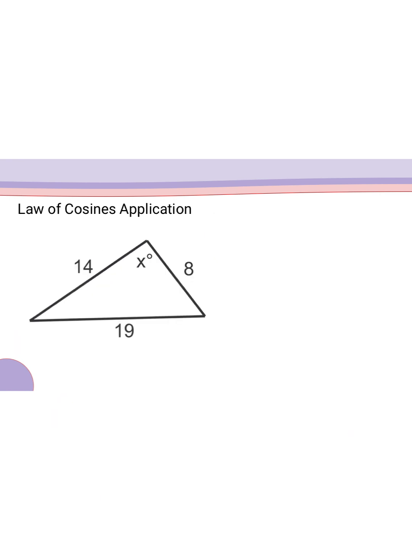So that's really it for the law of cosines. What's more important to understand is to take your time with the formula. So this is my angle C, which means 19 is my little c, and then A and B. So when I'm looking for the angle, this tends to be where most people will make a common mistake. So plug into the formula: 19 squared equals 8 squared plus 15 squared minus 2 times 8 times 15